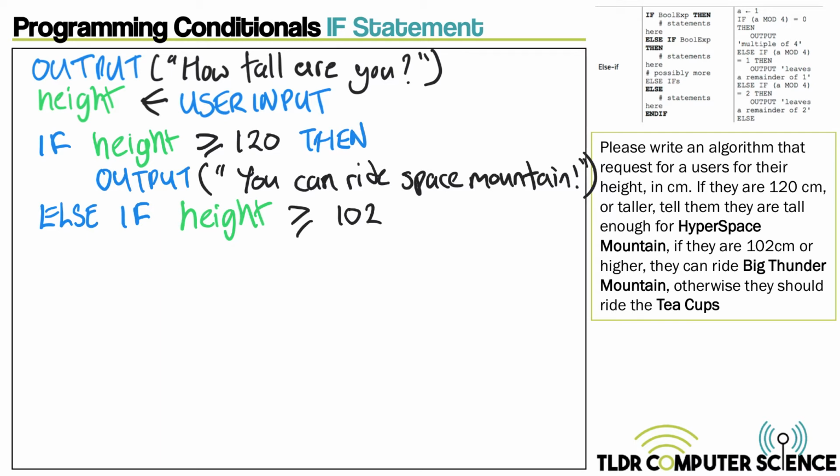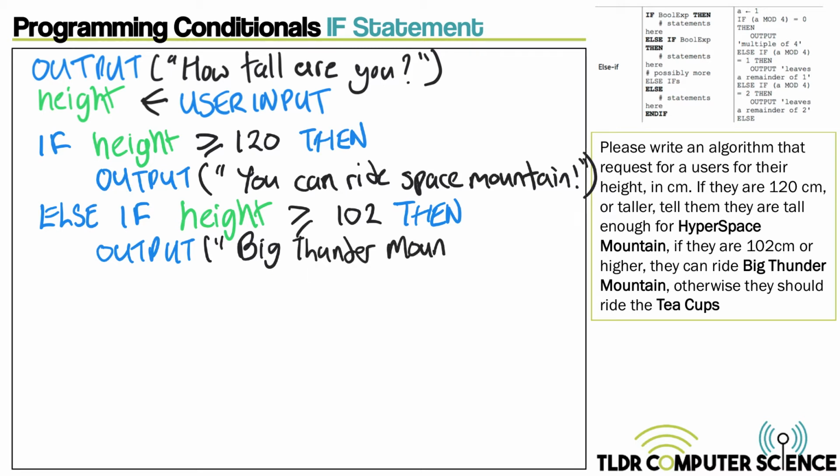Then we write this pretty much like an if statement. So we say then, and we do the, again, output. And I'm going to be a little bit lazy, if you can forgive me. I think I'm going to write Big Thunder Mountain as opposed to the whole sentence. Okay, now